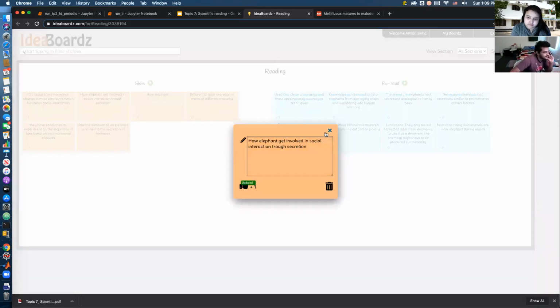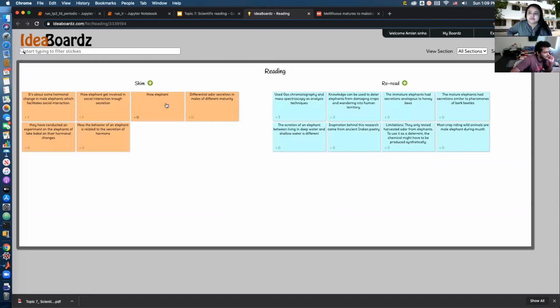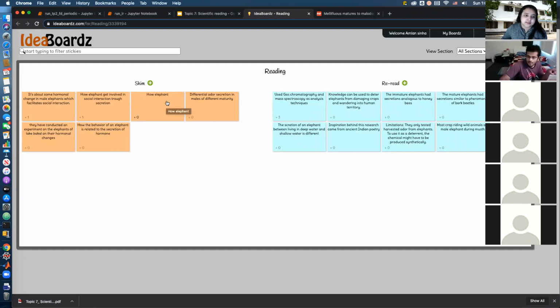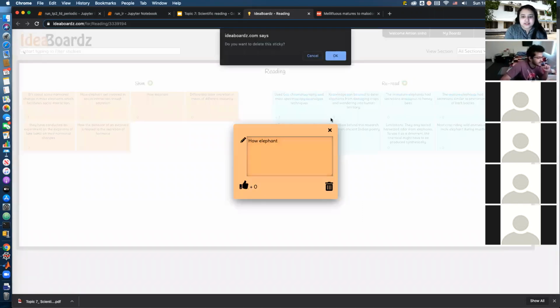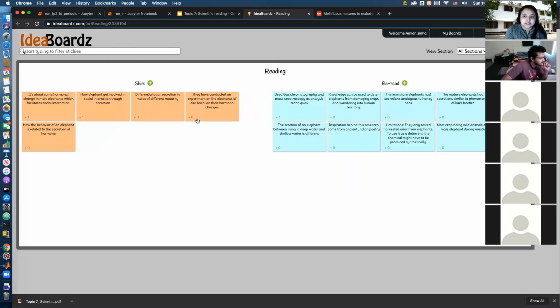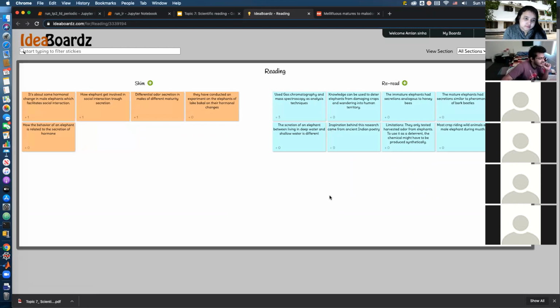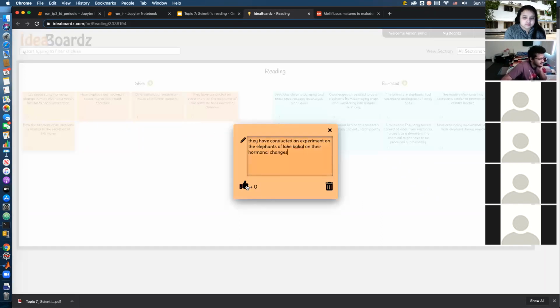It's good. Is it that it didn't show on my screen? No, I think that's it. Okay, so this one was started and never finished. Okay, so different odor secretion in males of different maturity. Good. Differential odor secretion. That's good. That's a key idea of the paper. They have conducted an experiment on the elephants of Lake Baikal on their hormonal changes. Right, right. That's good. But